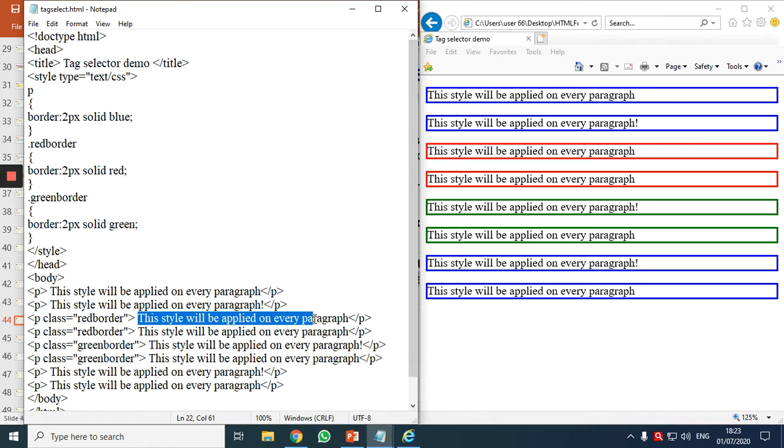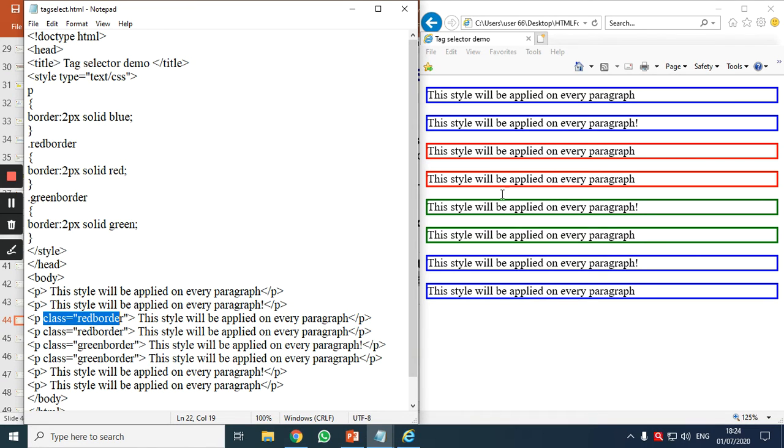So this particular text has formatting P applied here, the tag selector is P, but it is not applying blue color border, it is applying red. Why? The closest one, see, class we have mentioned red border. So to this text, the closest style applied is red border, so it is taking red border and avoiding the blue border.